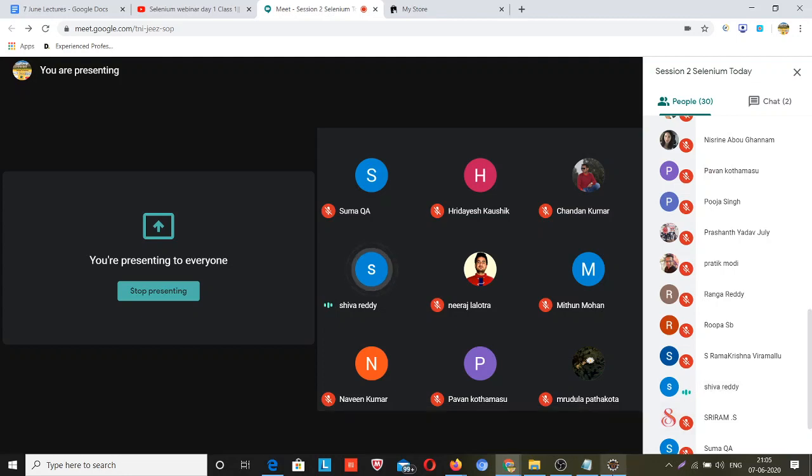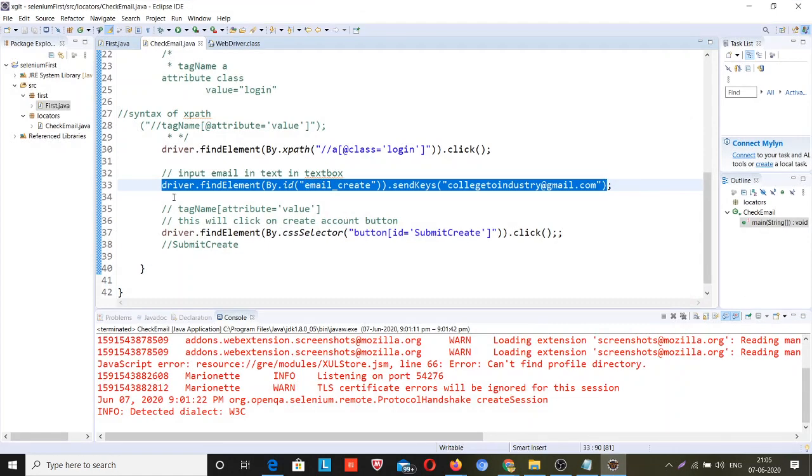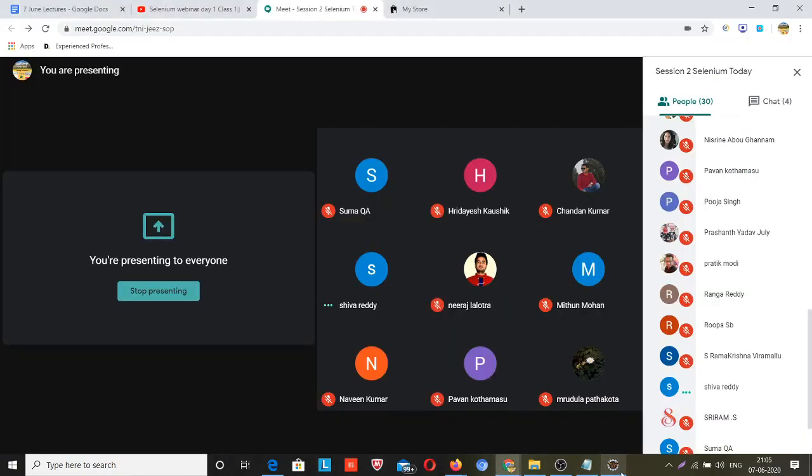Yeah, this will find the email ID that we have given, right? So the driver will only find the email ID? No, Pratik, it's not like that.